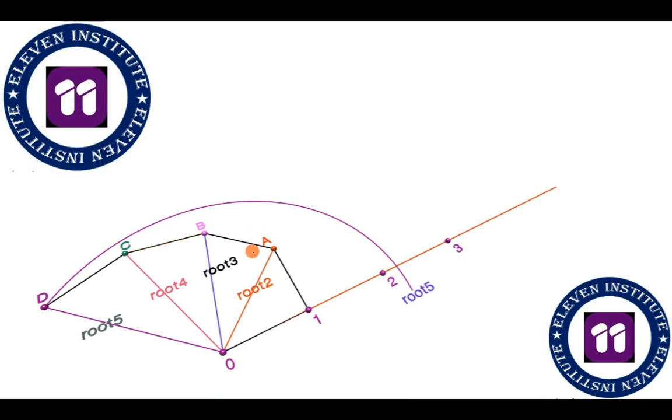And the simple logic is just take 1 unit over here perpendicularly and you will get the next number. You have root 2, 1 unit perpendicularly you get root 3. Again 1 unit perpendicularly you get root 4. Again 1 unit perpendicularly you get root 5. This is tedious. At the same time it is helpful. You can get any number by just constructing an altitude of length 1 up till a certain limit. Right? So this is tedious.